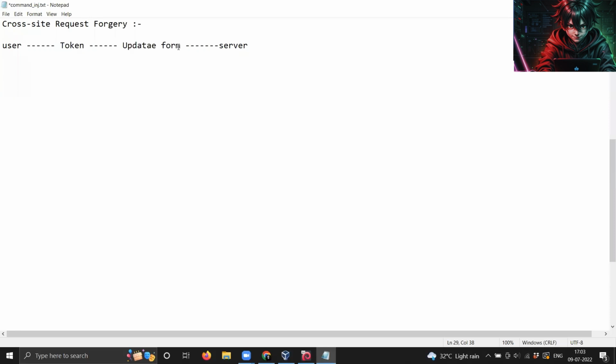Right? So now we are going to do something like that. We are going to forge a form that is there on DVWA, and we are going to check if any third party is going to give us the authentication for submitting that form, or if that form is getting submitted on the basis of the true values, because in most cases this is happening. And the advanced level of attacks that I'm talking about, in that case, what actually happens,